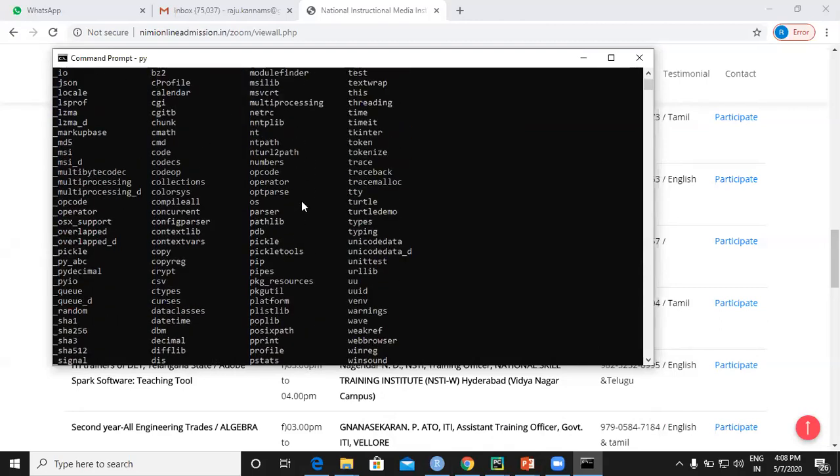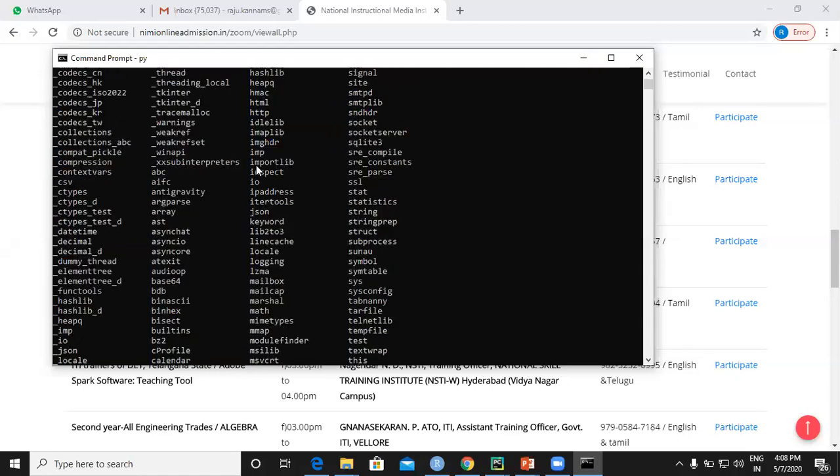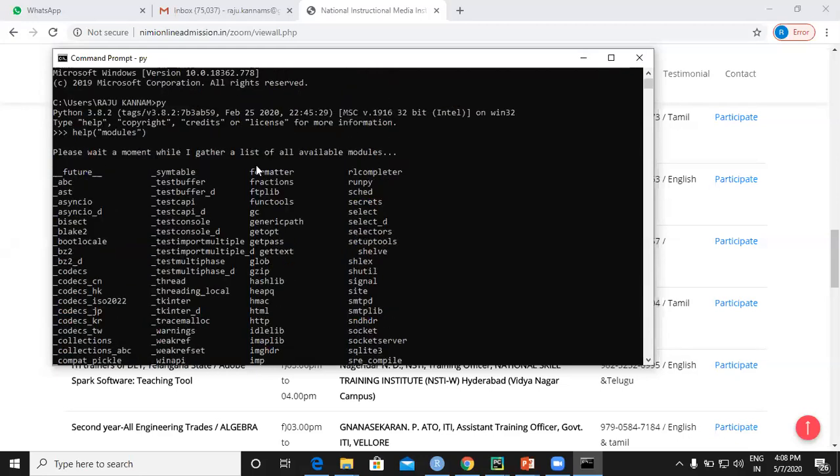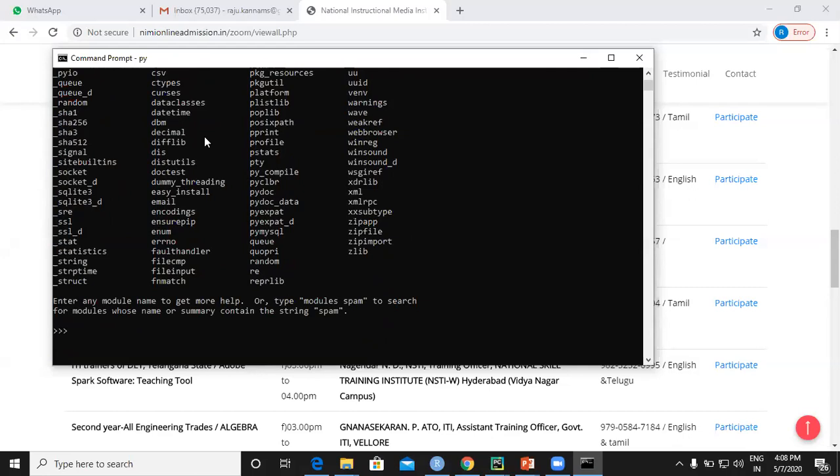So now here if you see the math module, already this is an inbuilt module, and apart from that one more module is called the datetime module, right? That we are going to work with now. See here, datetime is also an inbuilt module. Okay, so now in the datetime module,